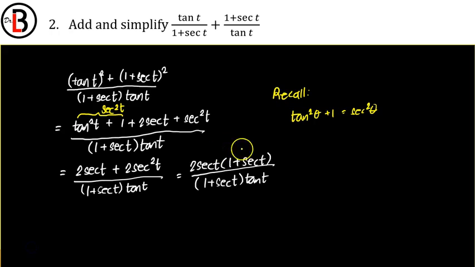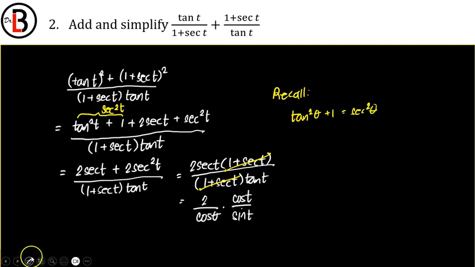You can cancel out these terms. And do take note, secant is 1 over cosine, so I can say that's 2 over cosine t. Tangent is sine over cosine, but that's at the bottom, so sine t over cosine t. Sorry, I wrote this as theta as opposed to t; I'll change that. We can also cancel this out. You're left with 2 over sine, or simply 2 cosecant t. So this is our final answer.